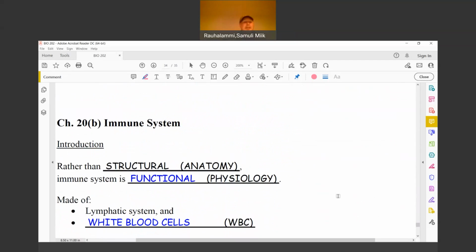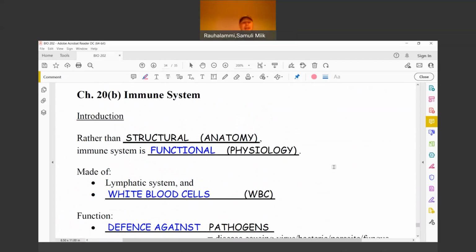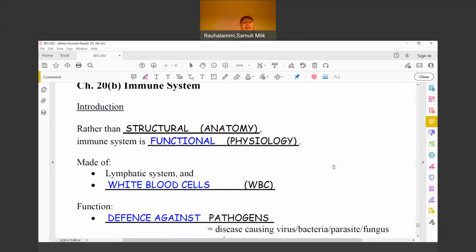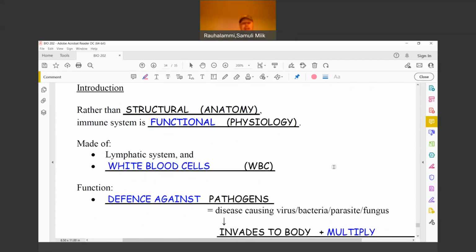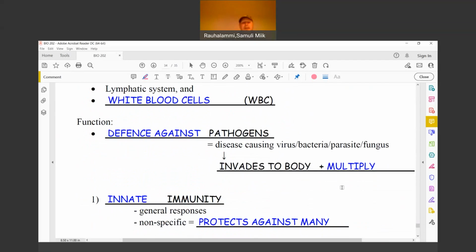That was all that I had to say about the lymphatic system, and I wanted to spend just a little time looking at the immune system. You remember, the immune system was more of a functional system, so more about physiology than anything else, and that was housed within the lymphatic system. So we're looking really now at those white blood cells, what they do. Their role is to protect, of course,